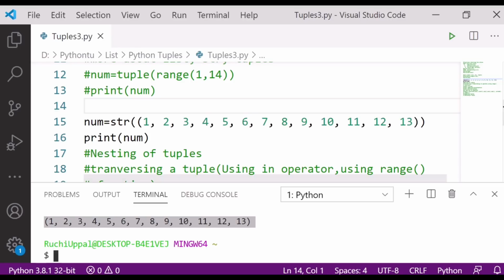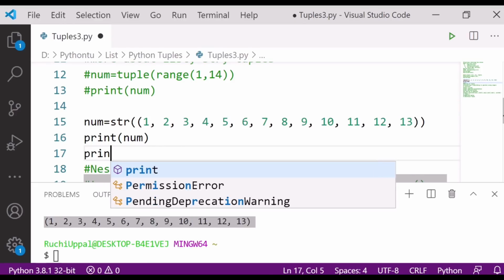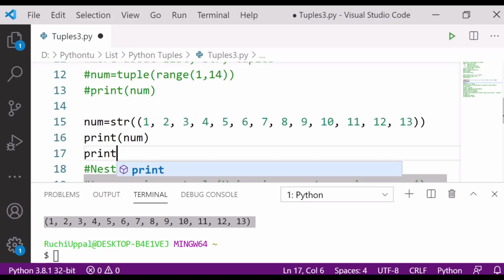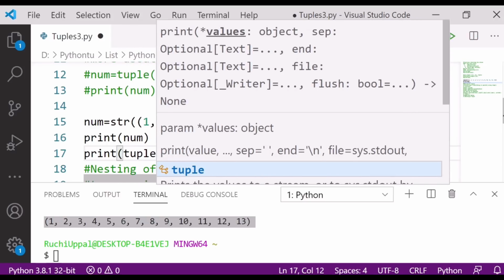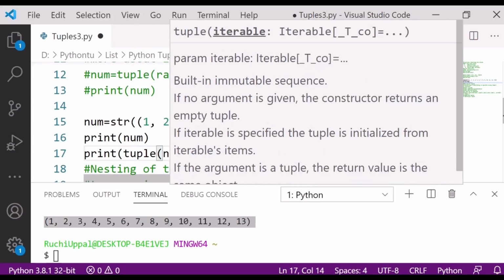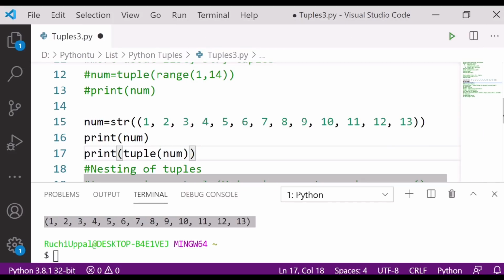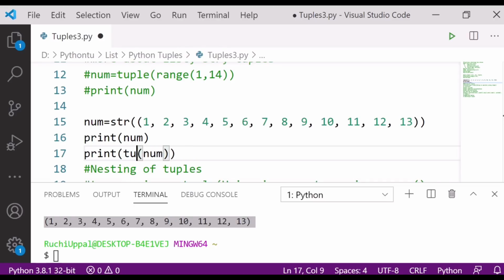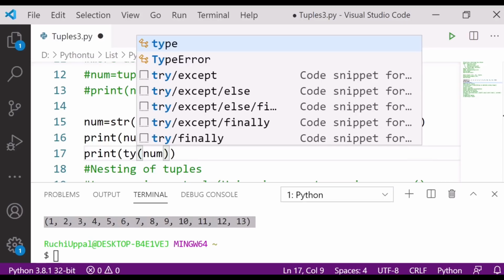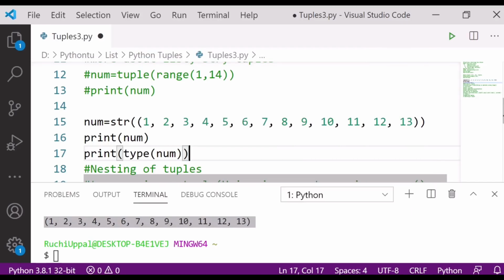Yes, we can check with the type function also. So let's check whether it is a string or a tuple. So I am writing here type, then num. Let's save and run and check.